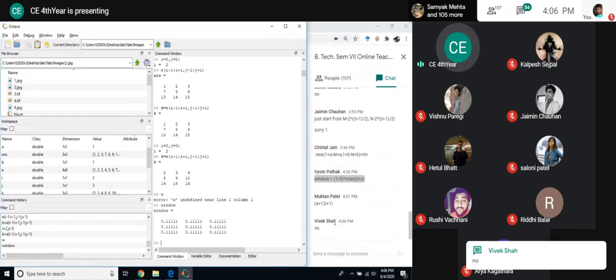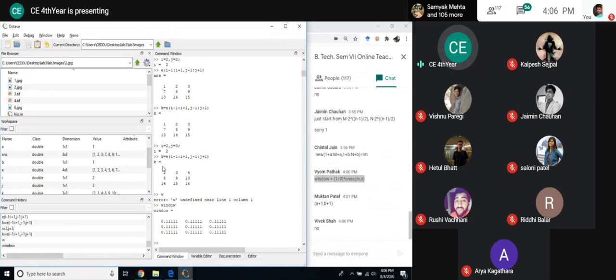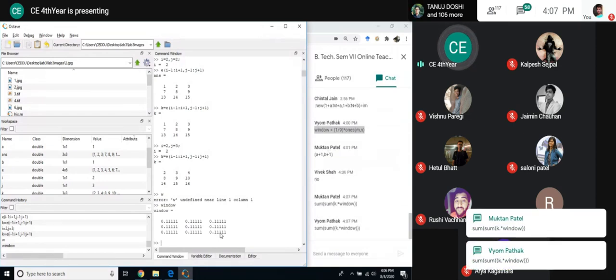Okay, so forget about whatever we discussed earlier. K is 3 cross 3 and window is 3 cross 3. I want to do element-wise multiplication and summation. What do we do in filtering? This element is multiplied with this, this element is multiplied with this, so element-wise multiplication and summation of all. That I want to do. What is the command for that? Give me code for that.